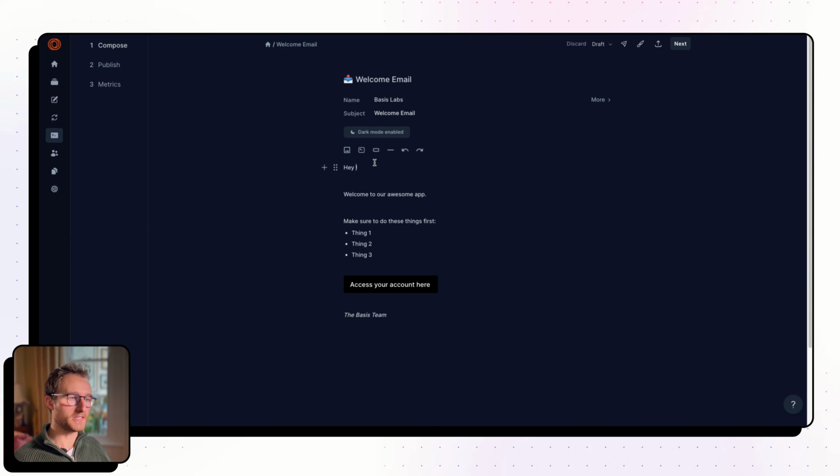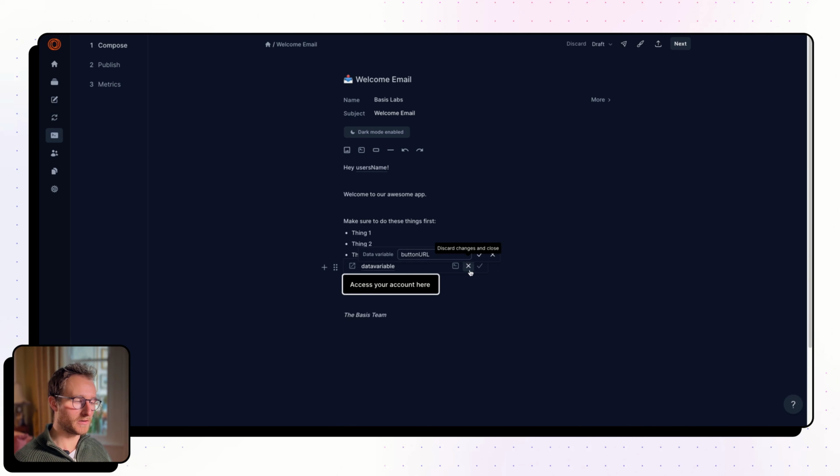So this is the way that we do it. We're going to hit insert data variable and we'll call it something here. We'll call this the user's name. Okay, and the other place that we want to add a dynamic bit of data is here on this button. And the way to do that is we'll make sure that we're clicked on the button. We'll hit here, add insert link, and then we'll hit that insert data variable button, and we'll just call this